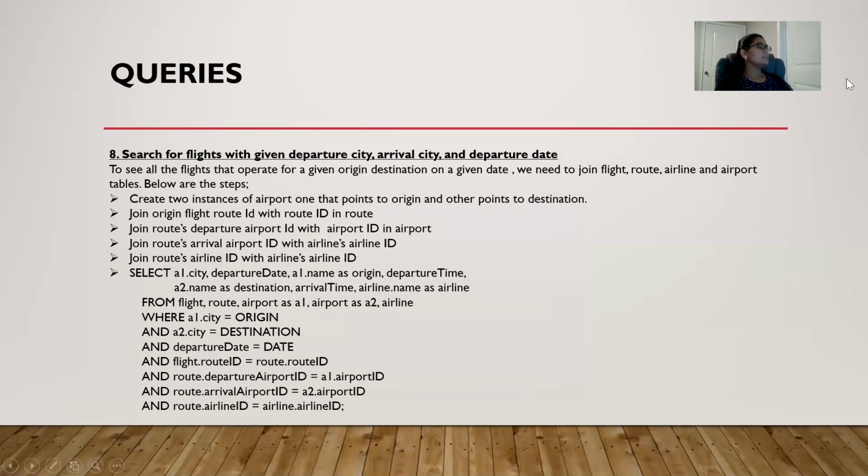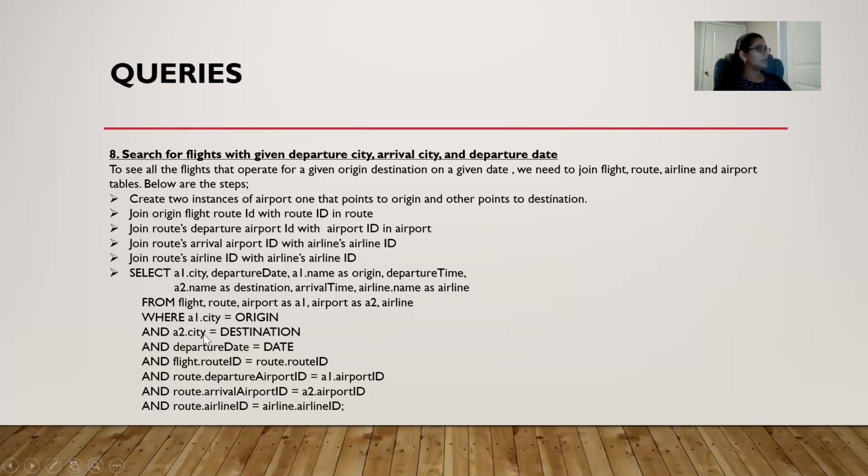The next query is to search for flights with given departure city, arrival city, and departure date. To see all the flights that operate for a given origin destination on a given date, we need to join flight, route, airline, and airport tables. First, we create two instances of airport, one that points to origin and another that points to destination. Then we join